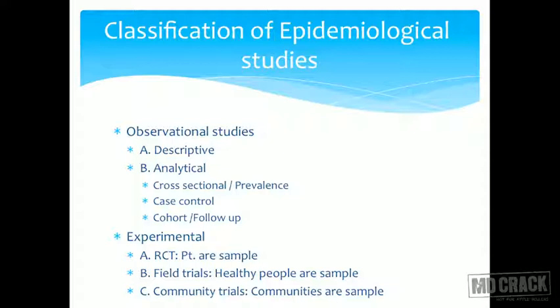So the whole process in a nutshell will be covered in the slides to come. First of all, as you can see on the slide in front of you, you have basically two kinds of studies. The first kind of study is called an observational study. An observational study is nothing but a study wherein you observe, so you don't intervene. That is essentially what an observational study is. The second type of study is the experimental study. As the name indicates, in an experimental study, you do an experiment.